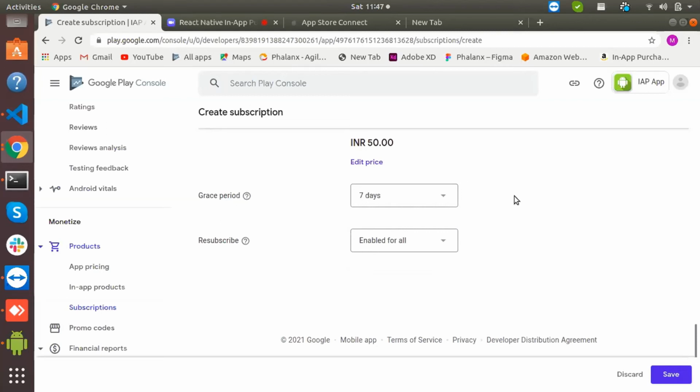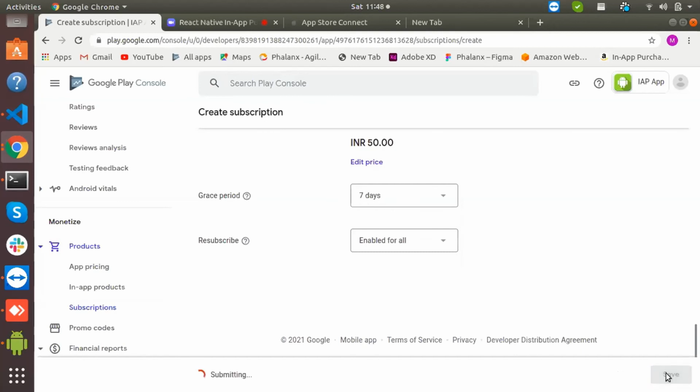The grace period we mention here means the subscription will be extended by those days. After the subscription ends, for 7 days the subscription will remain, and the user is allowed to use it. After 7 days, if he is still not able to pay for that particular service, then his subscription will be cancelled automatically.